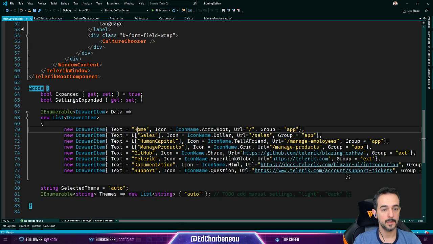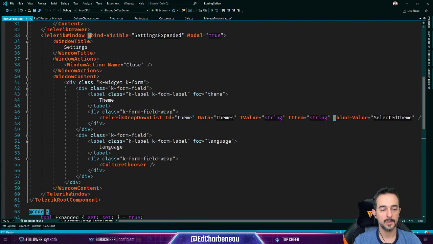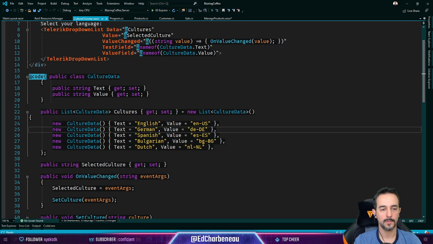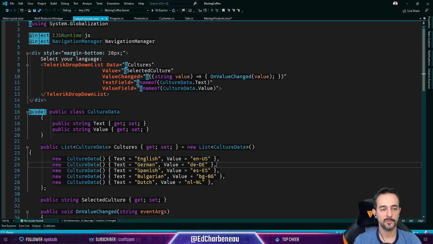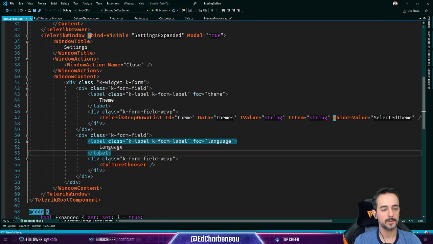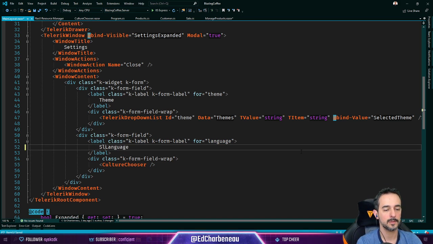And in here we also have language. I need to look at my culture chooser as well. So under culture chooser, I have select your language here. This I don't need because it says language in the label. I'm going to put that here, select language. And then I need to put that in my